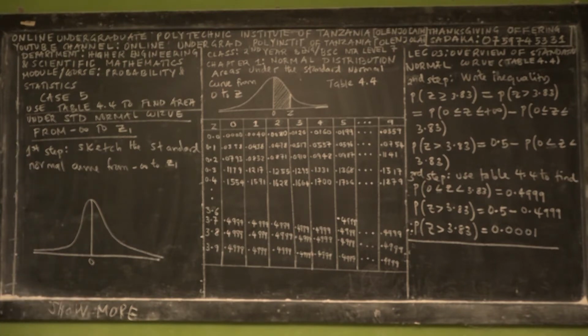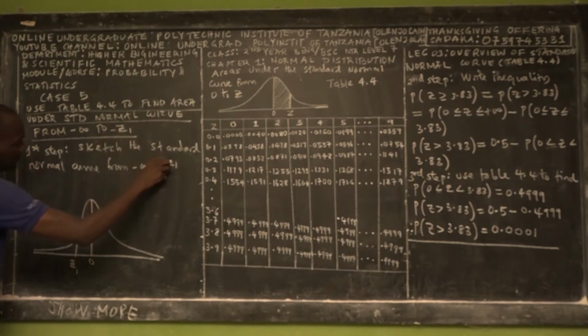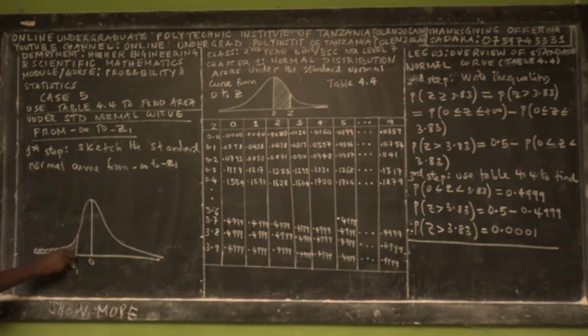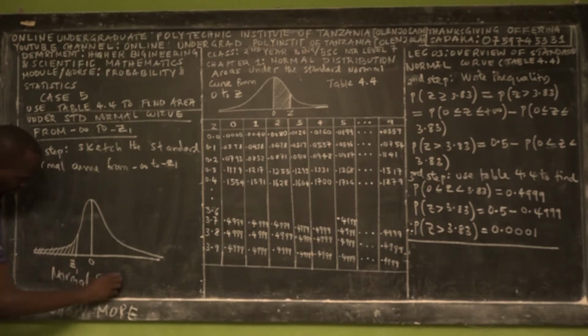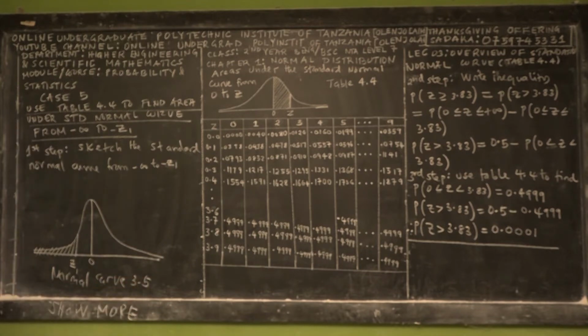So this is 0. Then suppose that this is Z1, so let's say negative Z1. So this is the area of the normal curve. So how can we find this area? Well, table 4.4